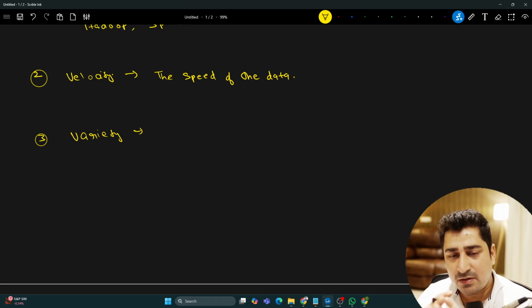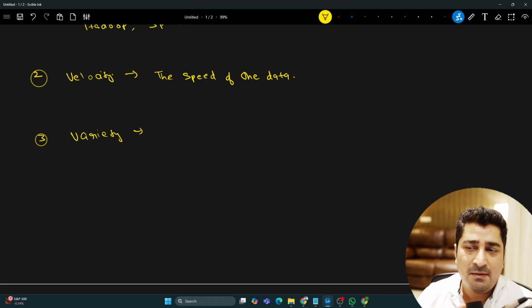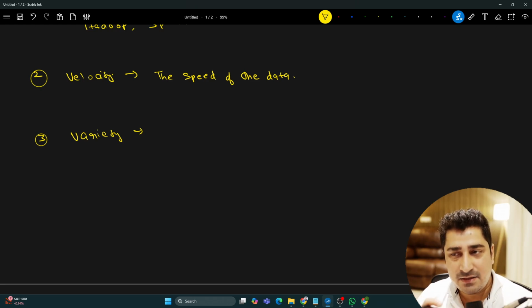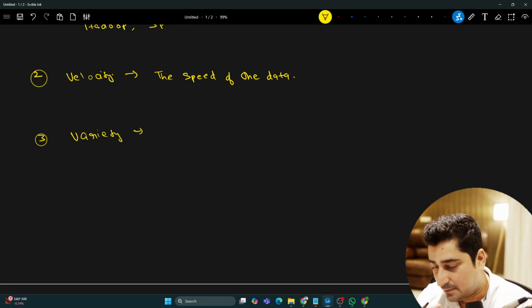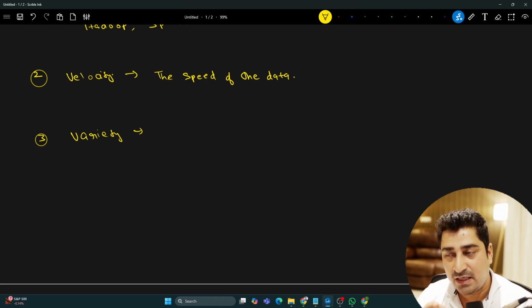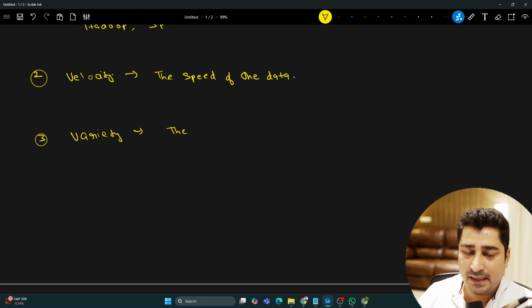And we have to process all of that data and store it somewhere so that someone will be able to run analysis and extract meaningful information, whether it's a PDF, or data from a sensor, a JSON file, or an XML file. So basically structured data, unstructured data, or semi-structured data, all of these fall under variety. So the diversity of the data, I can write down over here, the diversity of the data